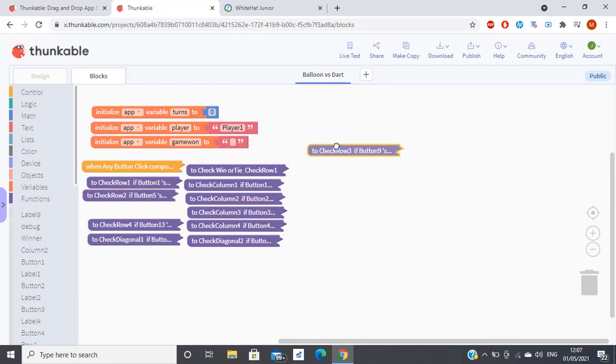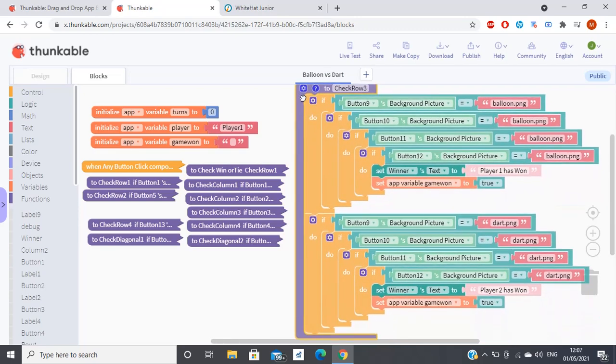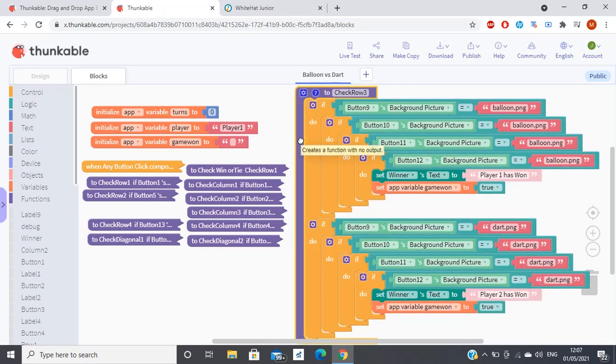Now it's row 3. You have to do the same, but it's button 9, button 10, button 11, and button 12. So check row 3. If do button 9 background picture equals balloon png, if do button 10 background picture equals balloon png, if do button 11 background picture equals balloon png, if do button 12 background picture equals balloon png, set winner text to player1 has won, set app